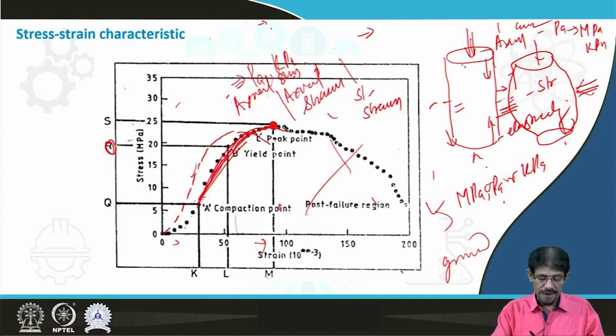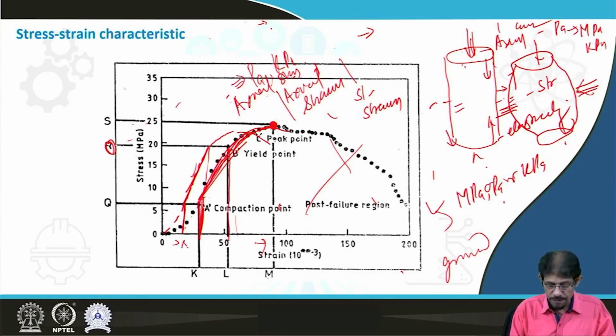Then we can see this change in lateral strain if we draw perpendiculars here, here, and here for this region. So this psi 1 and this psi 2,